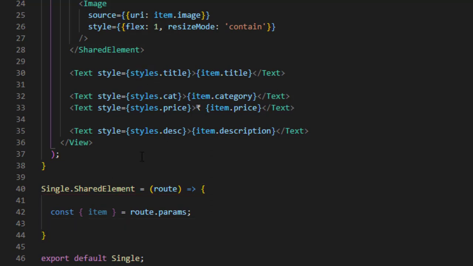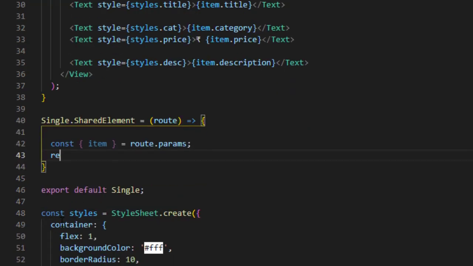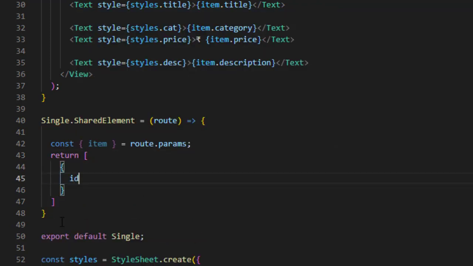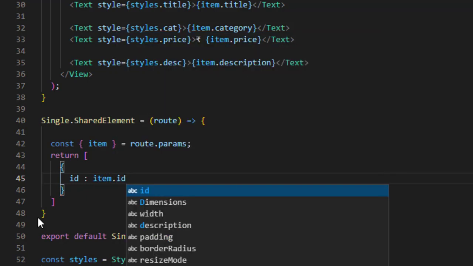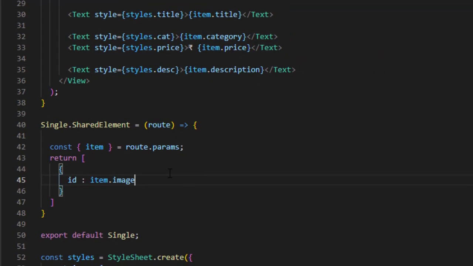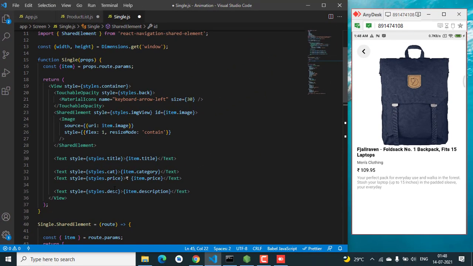For transition we also need that particular ID over here. We just need to return an array, because we might have multiple transitions. That's why I need to return an array. So we have item.image, not id.